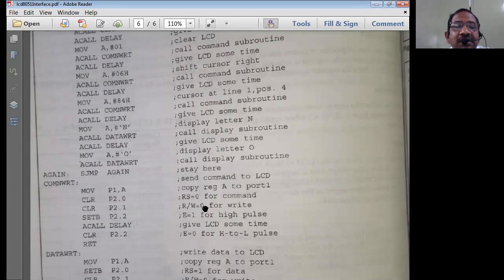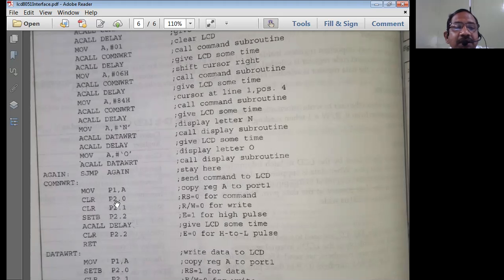After this, we should operate for command mode. We are not transferring data, we are transferring a command. Therefore, the P2.0 pin has to be cleared, so I use the instruction CLR P2.0. It simply clears the P2.0 pin.